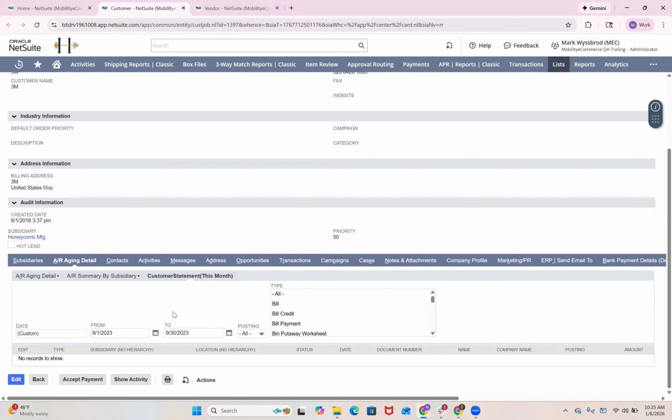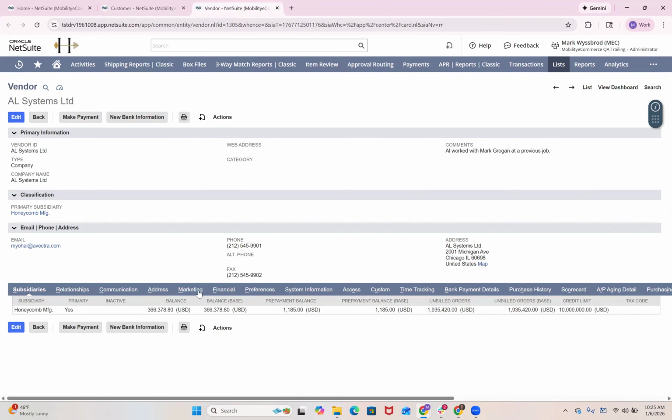The reason it loads just for one date range is timing. And so if you set this for all, it will take a long time potentially to load the page, especially if the customer is like Amazon, right? And you have like a million transactions a year, that's going to take a long time to load. So we don't want to necessarily do that. We want it to load fast and then to change our filters. Similar for